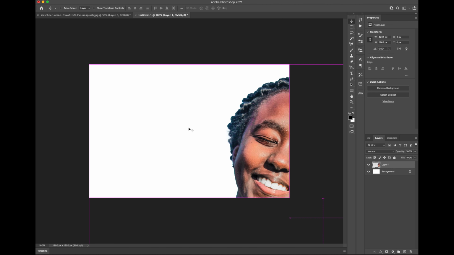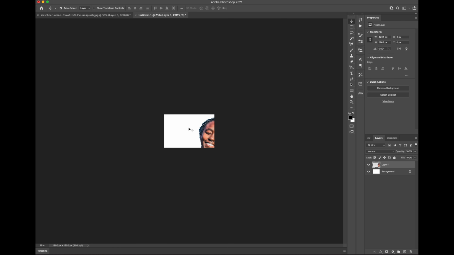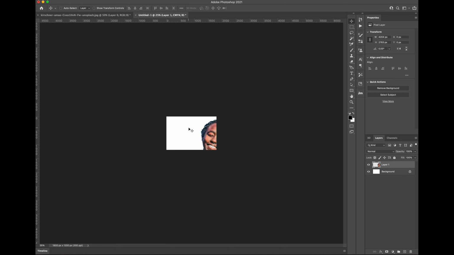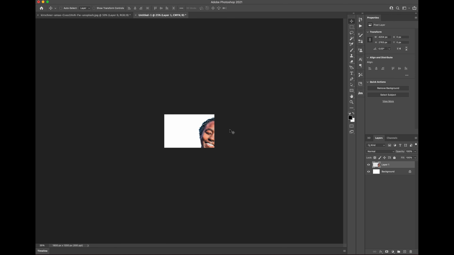So then from there, I'll press Command C to copy, and then go to the new one, and Command V to paste. So if I zoom out, I can press Command T. Oops, I pressed Command R. It's Command T to transform, and then we just want to bring that down. So let's say we wanted to put that right down in the corner. We can do so like that. Zoom back in,